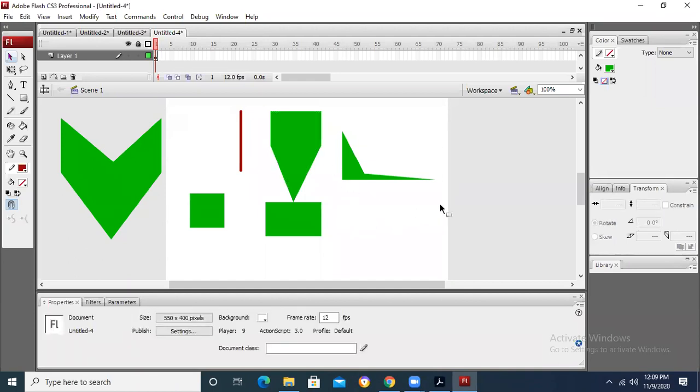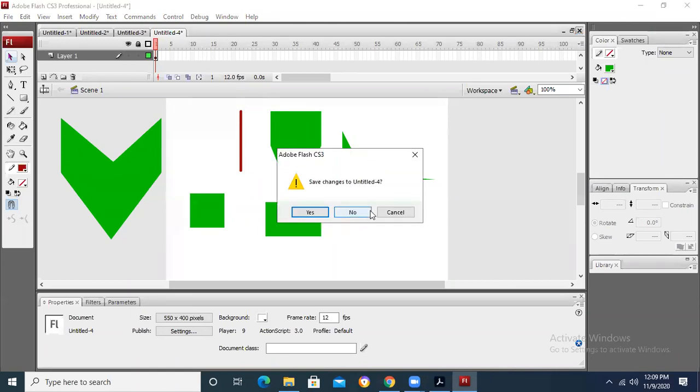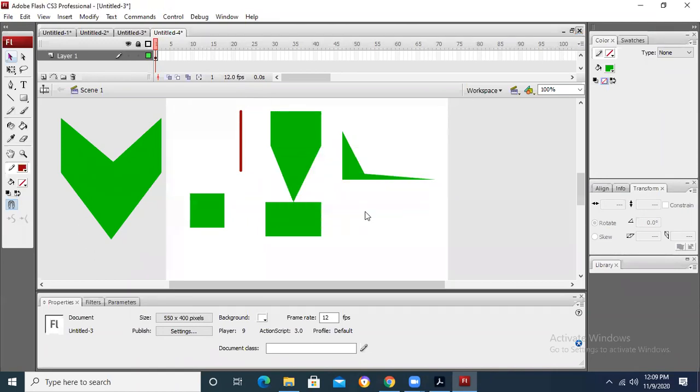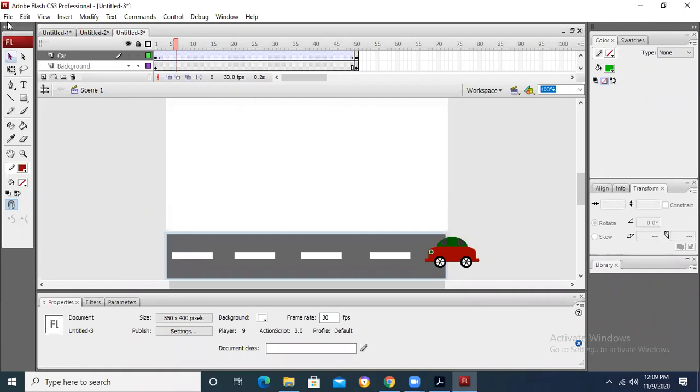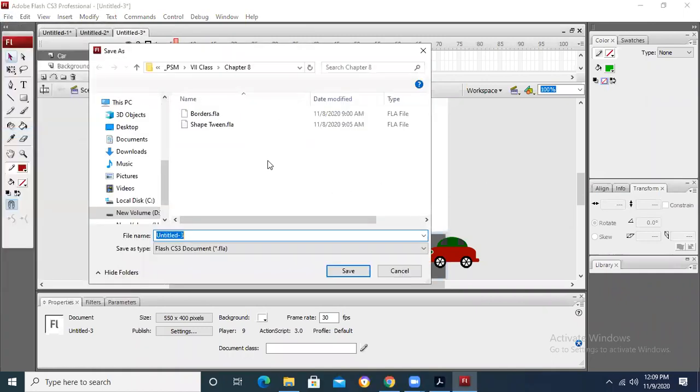These things are quite easy, but you need to practice. You will be able to make good animations, just like I have shown you today. This is the animation you can see over here in this example. This kind of animation you can make quite easily.